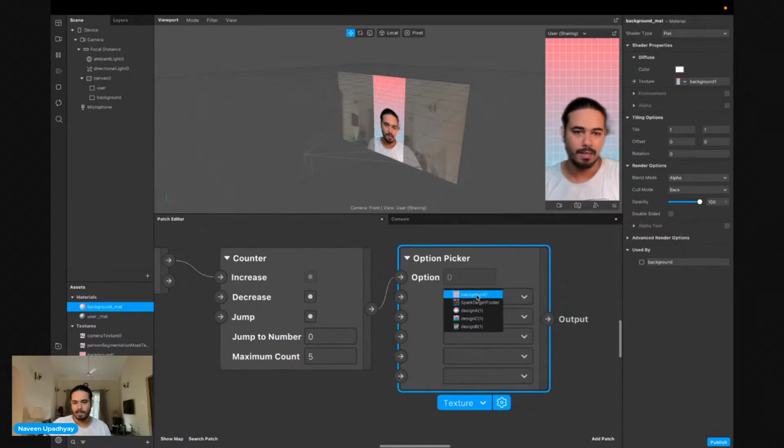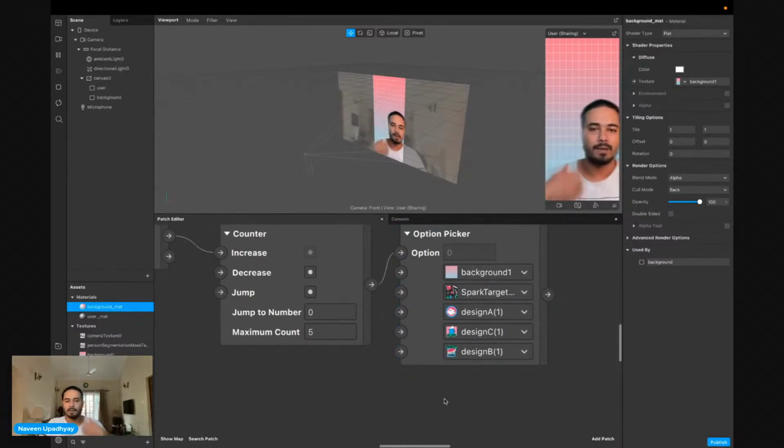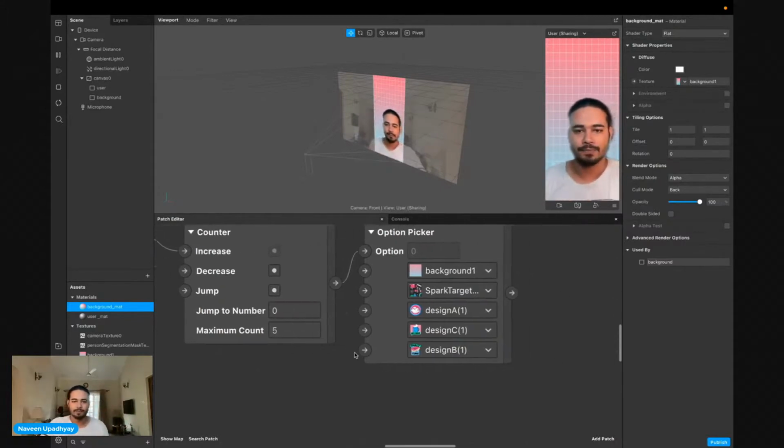So number one is let's say this one, number two is my Spark AR poster, number three is design A1, number four is design C, and number five is design B. So there are 5 backgrounds I have. I'm going from 0, 1, 2, 3, and 4, and as soon as I reach 5, it's going to jump to 0 and restart the cycle again.